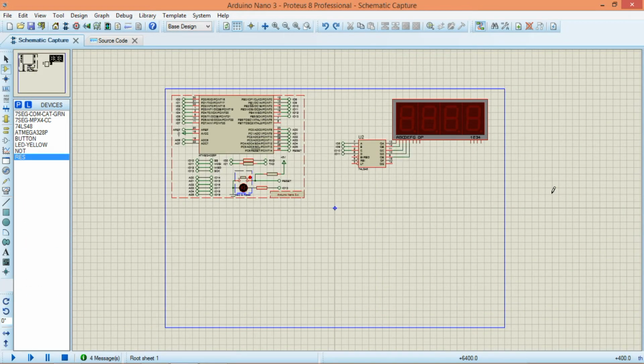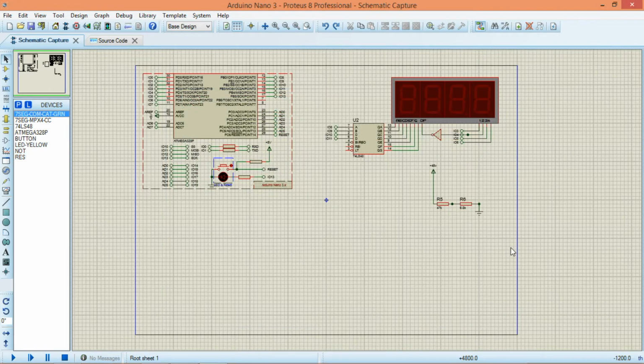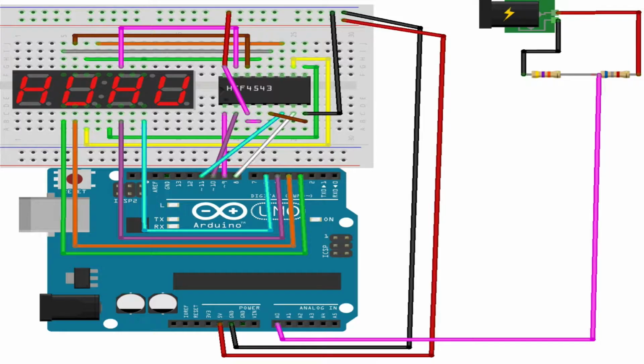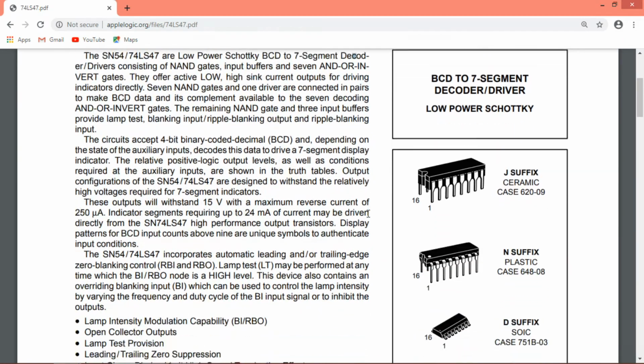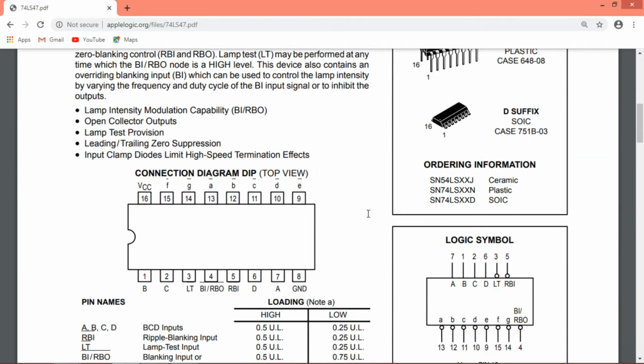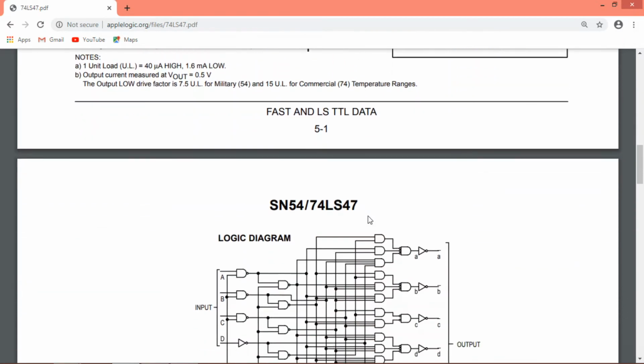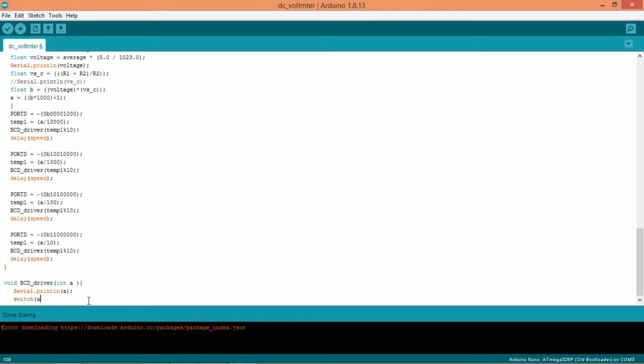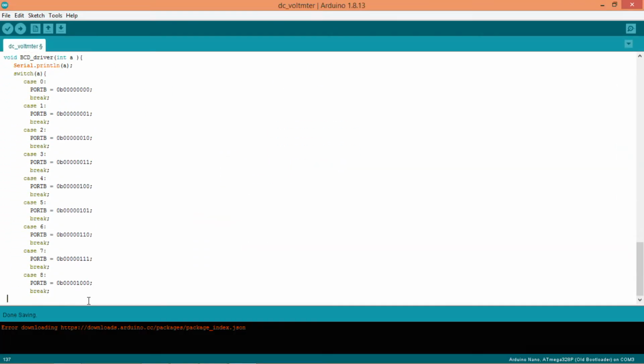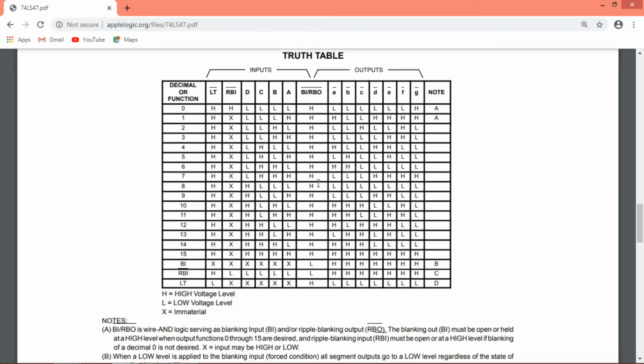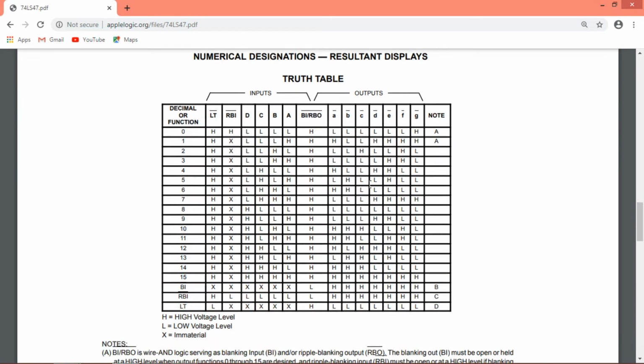And before making this circuit on a PCB, I made a simulation on Proteus, which works totally fine. If you're planning to replicate this project, I recommend you to follow this schematic diagram, which is given in the description, because I made wiring for this 74LS48 according to this data sheet. We have to send binary data to 74LS48 IC, and you can always refer datasheet for more information.